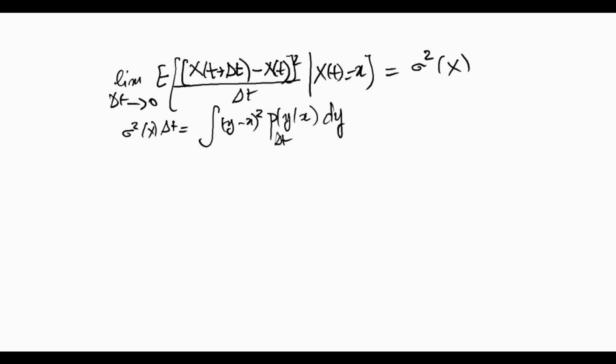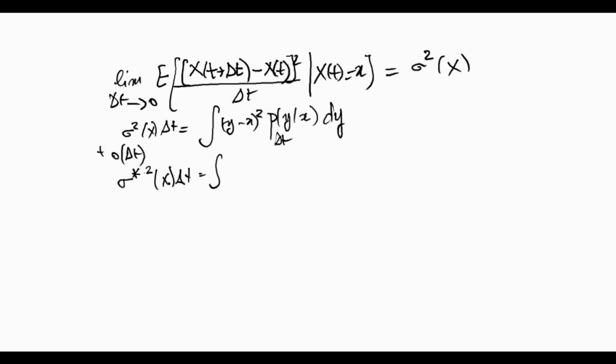And this is here plus a term that is negligible to first order in delta t. So now, if we would like to use this formula, we can characterize the tensor for the conditional process, so sigma star square of x delta t